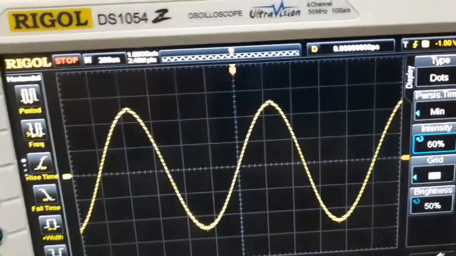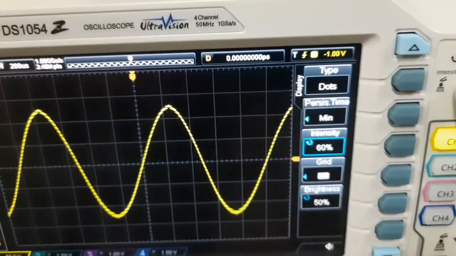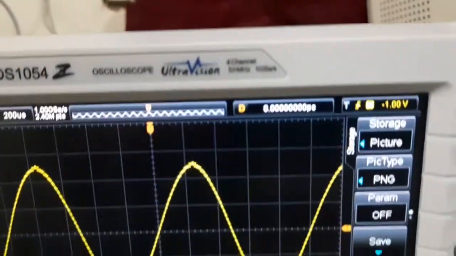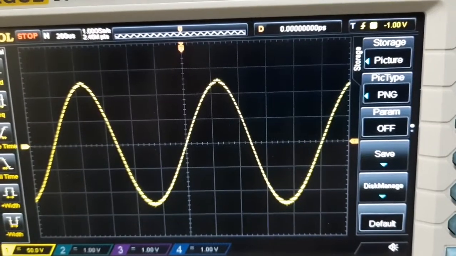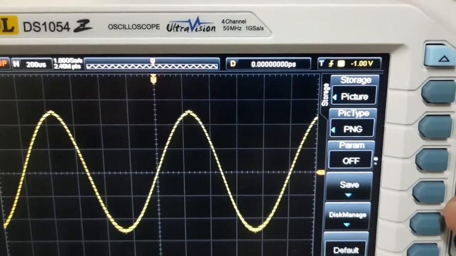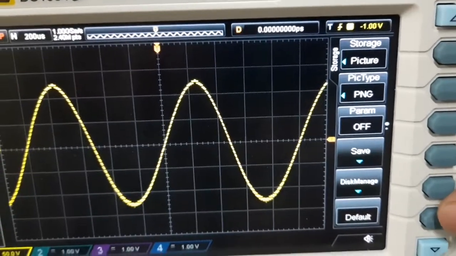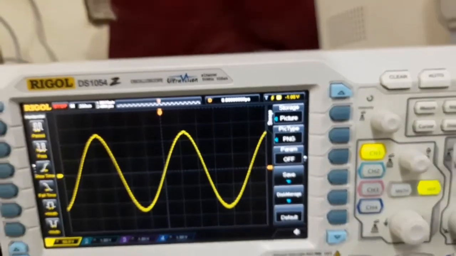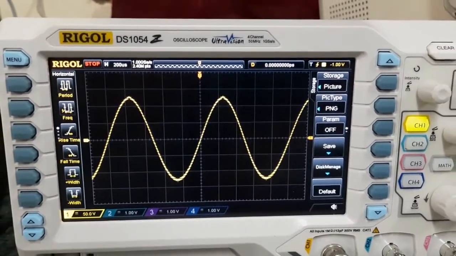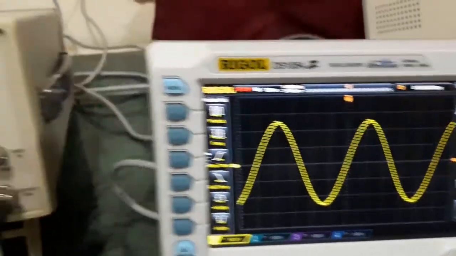So you can find that the signal has been converted into the A to D form. Now it depends on you if you want to store the signal. Many facilities are available in this new DSO. By default you can press the switch here, or store on the disk, as well as download in PNG format or other formats. Many facilities are available in the new DSO, and whenever you want to make a measurement, process the signal or store the signal in A to D form, you can use the new DSO as well as the old DSO.